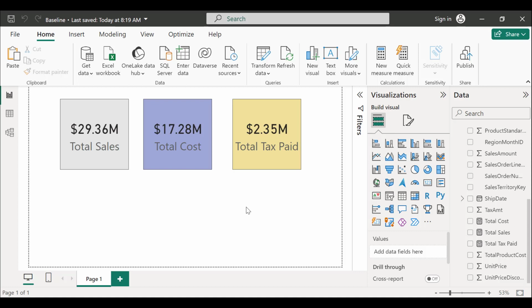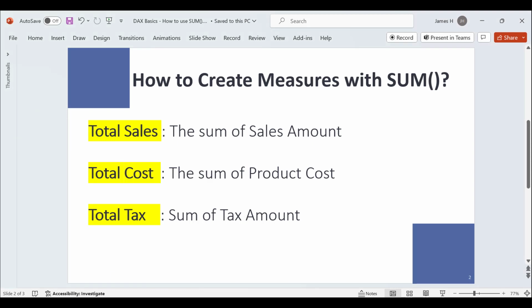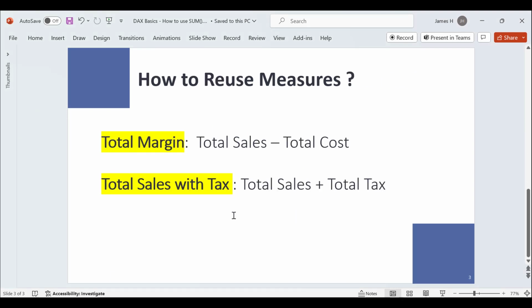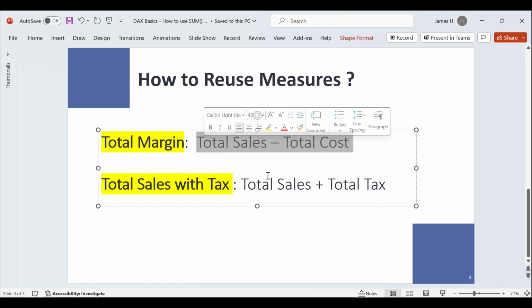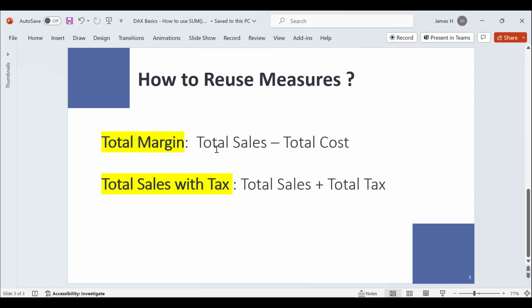We created three measures. All right, next we are going to learn how to reuse the measures we created. The first one is total margin. Total margin is the total sales minus total cost. We have these two measures created, therefore we just want to reuse them. So come back to here,